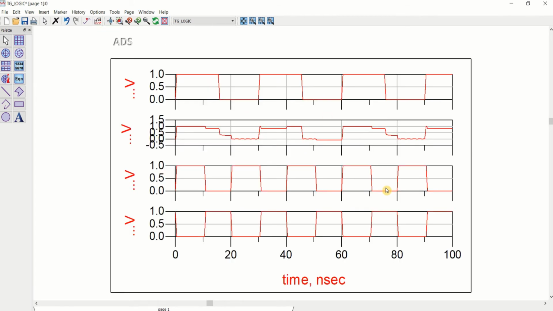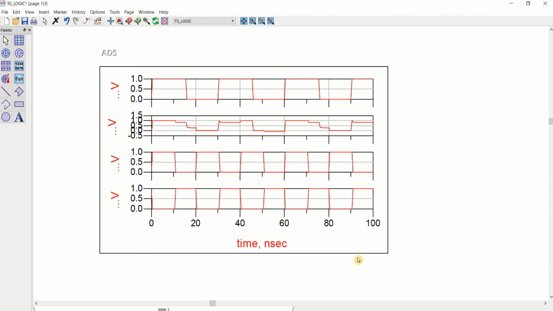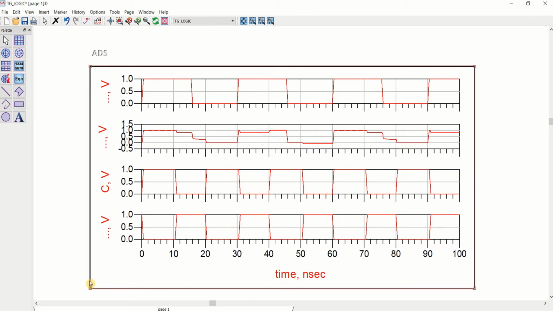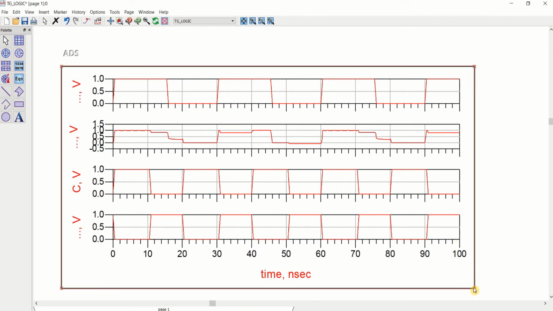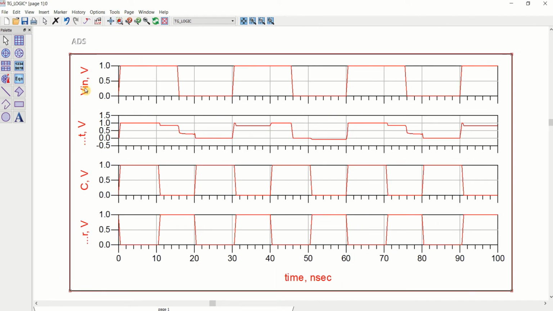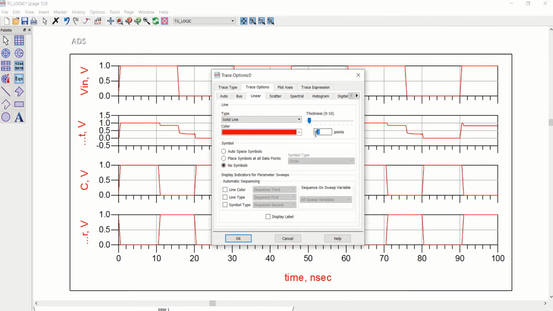So you can see this. We'll change the colors. So this is your V in. I'll set the thickness to 1.0.